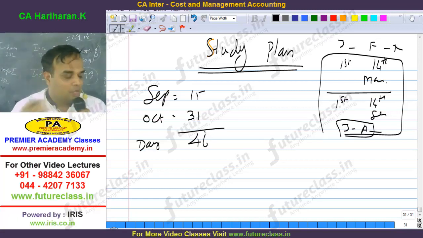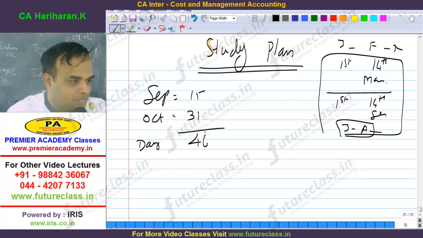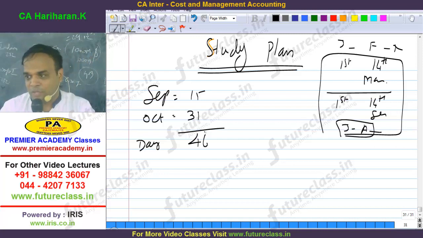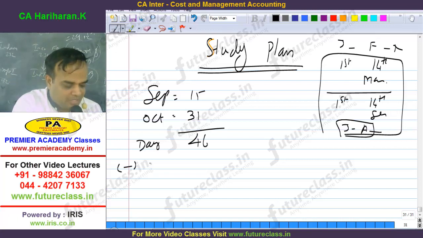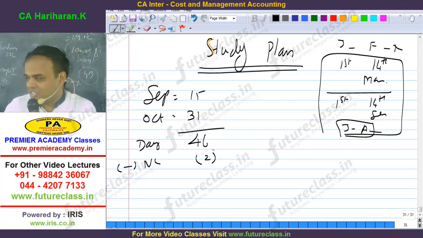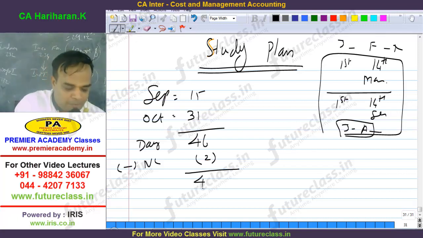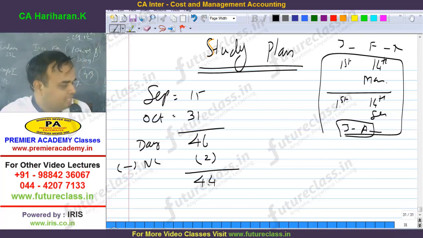Clear? Now, listen here. First, you have to plan. Irrespective of your examination, this is the manner in which you have to prepare your plan. Irrespective of the month, only the number of days will increase or decrease. So, this is the study plan format for preparation of your professional examination. 46 days are available in your hand. Out of this, you can reduce 2 days as a normal loss, because there may be problems with exam application or correction, photo mismatch, things beyond our control, or health conditions. You have to give that cushion, because all 46 days are not within our hand. Therefore, effectively, how many days can you prepare? 44 days you are supposed to prepare for the exam.